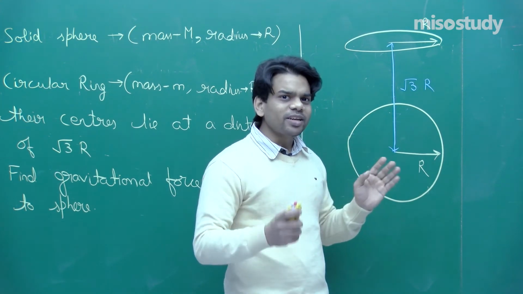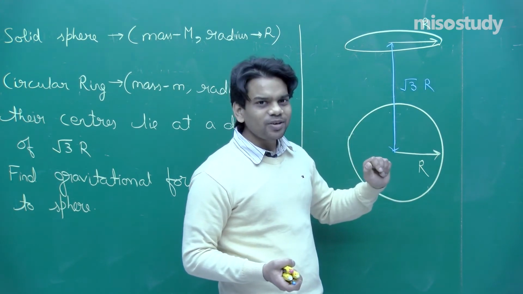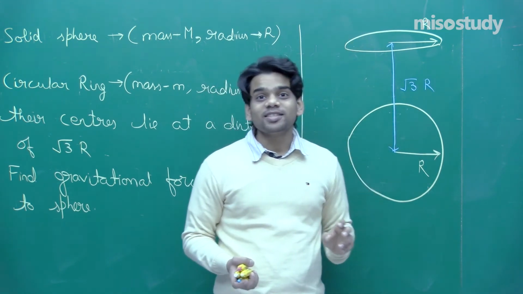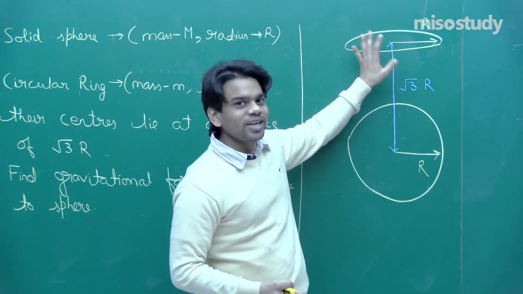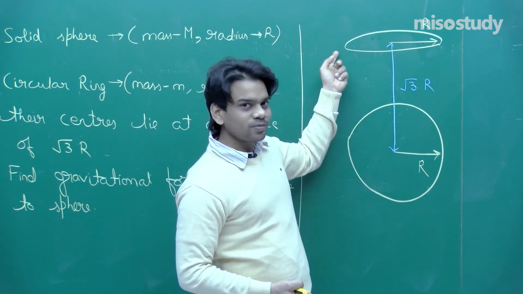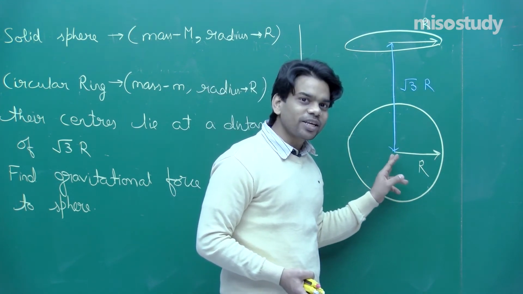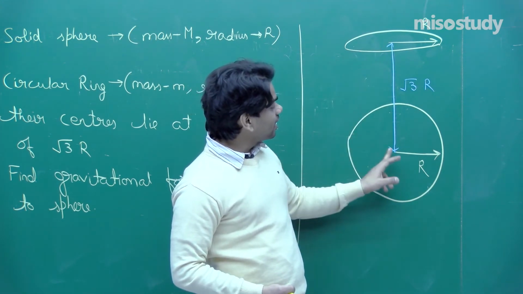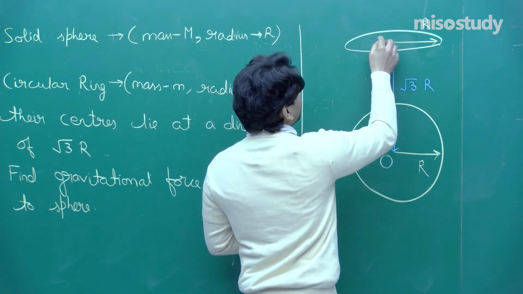So what we can do, can we reverse the thing? To find out the value of force on the ring, can we find out the force on the sphere due to the ring? Because Newton's third law says that to every action there is an equal and opposite reaction. If a sphere is going to exert a force on the ring, it is also going to exert the same force on the sphere. So if we find out the value of force due to the ring on the sphere, we can treat the sphere kept at its center. So let us find out first the gravitational field due to the ring at the center, and let us say the center is O and this is O dash.